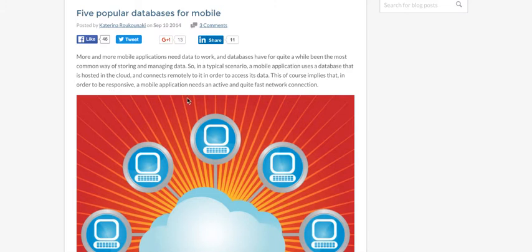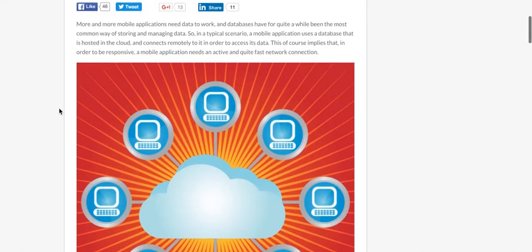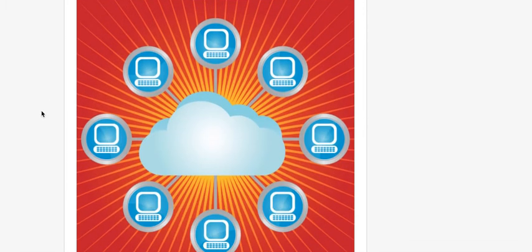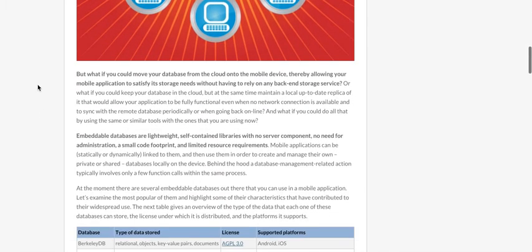how they're in the cloud, and a lot of them work online, and that's the typical way now. But it also says that it needs an active and quite fast network connection, probably related to the rest of the article, saying that the databases they're talking about, the more up to date local ones, are probably quicker and maybe more advantageous. It actually mentions in this paragraph right here that